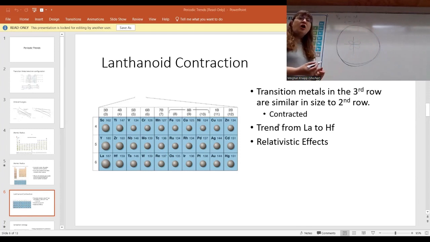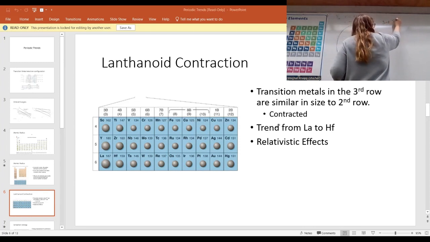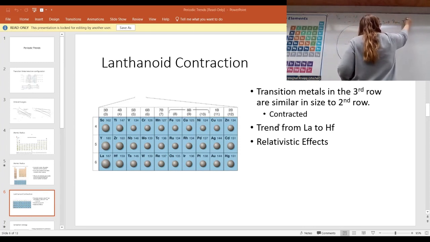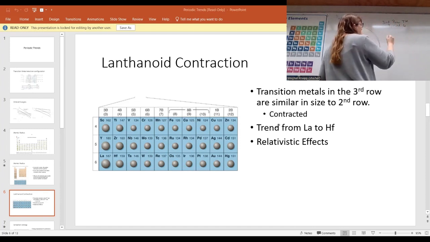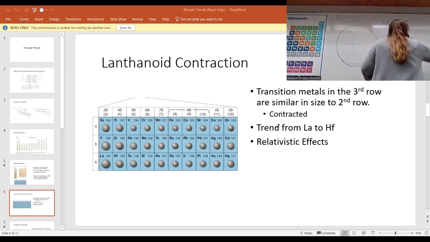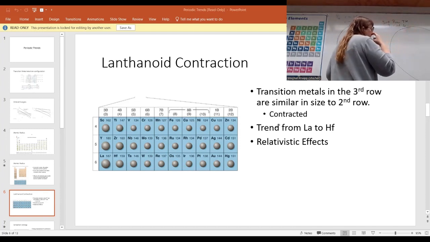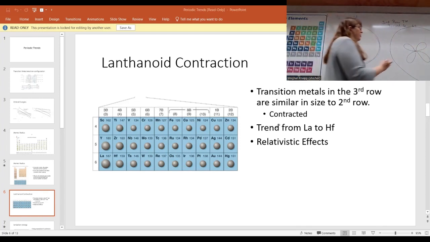So what about our third row transition metals, period 6? Okay, so these two are not relative to each other because I don't want to draw a circle as big as the board. If this is our 6S, and then we have, I didn't look up the sizes of these, I should. That's our 5D, then our 4F,